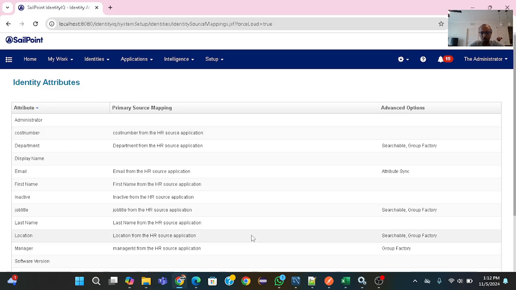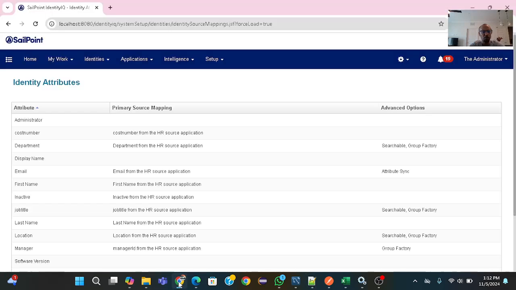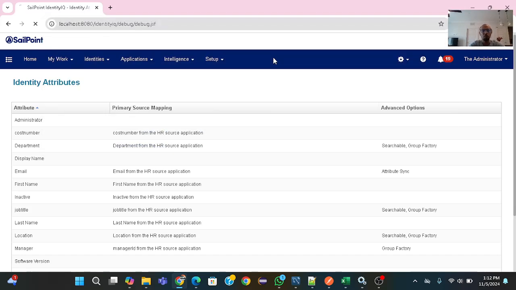This is the third step. The fourth step is to add the new attribute in UI configuration. So we already added this new attribute in the identity mapping, and then in the debug page. Let's go to debug page, open,